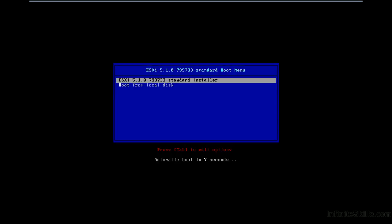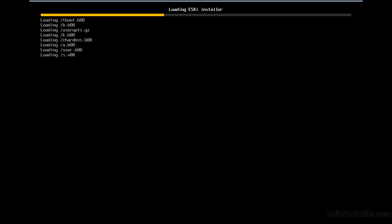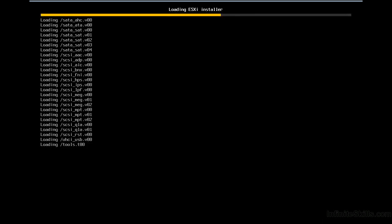Okay, so we're starting the installation of VMware ESXi. In this case, I'm running it inside VMware Workstation, so it's a little different. I've mounted the ISO as the media drive for that virtual machine, and I'm booting up from the media. But in a physical server, we would just do that directly from the boot media, or we could boot from